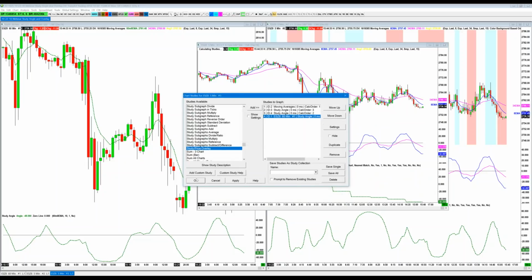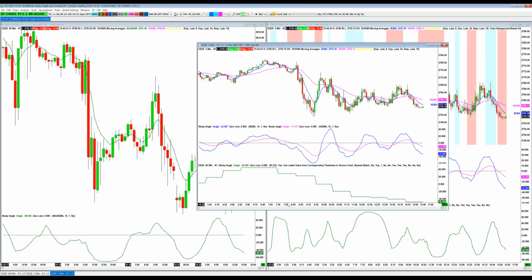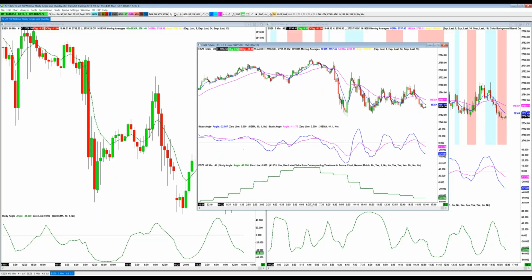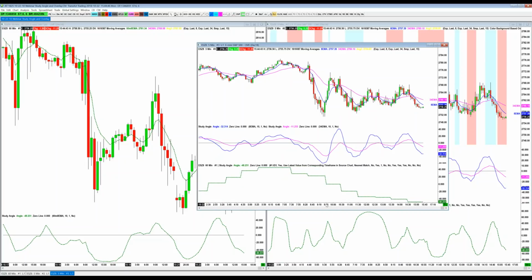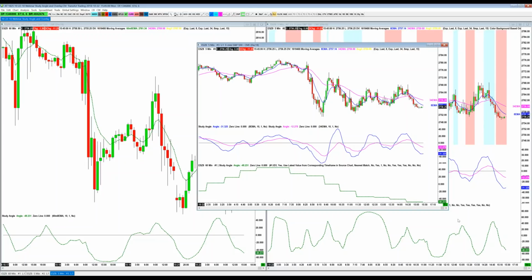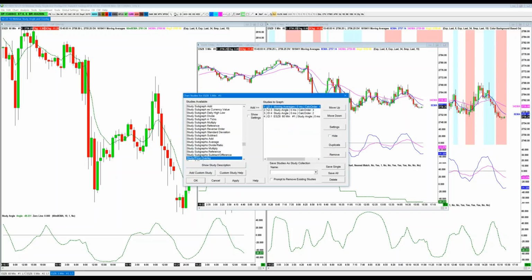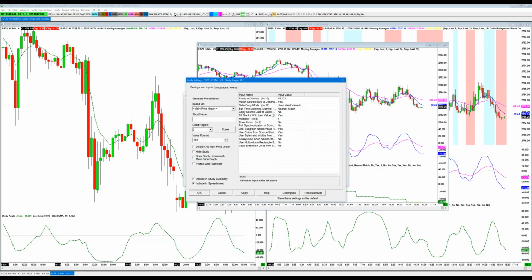If we look at the bottom of the chart, look at the way the 60-minute angle line looks. It should be somewhat obvious as to why it looks this way, but it does throw a bit of a curveball into the way we're going to look at this. Why does this one look like this sort of stair step, and this one down here on our original look like the original? The reason is that there's a variable in the study section for the overlay,